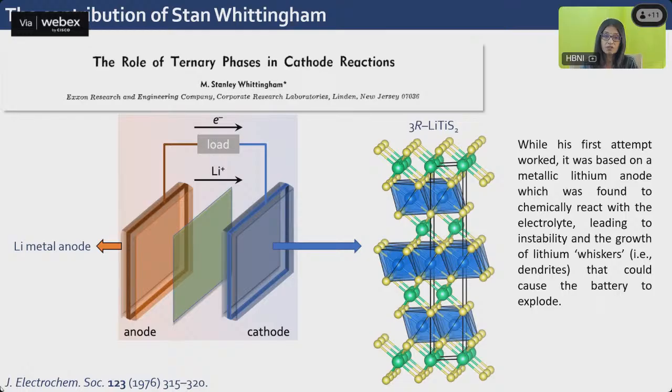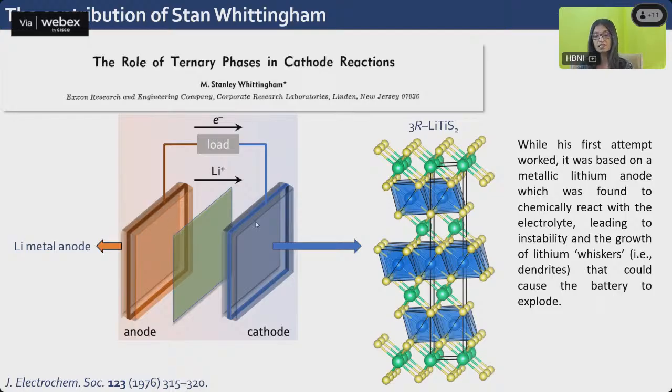This was the paper which was published, for which he got the Nobel Prize, and of course the work after that in the Journal of the Electrochemical Society in 1976. So you are using your anode as lithium metal. For the cathode, you had titanium disulfide. And then, when you are charging and discharging, what you see is that